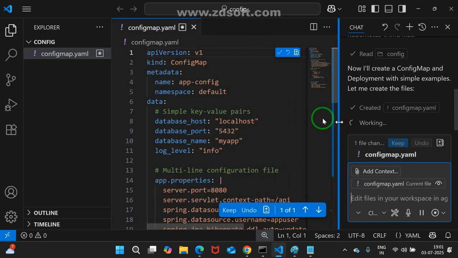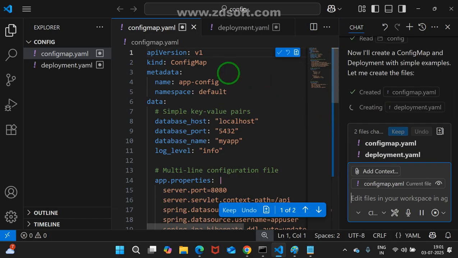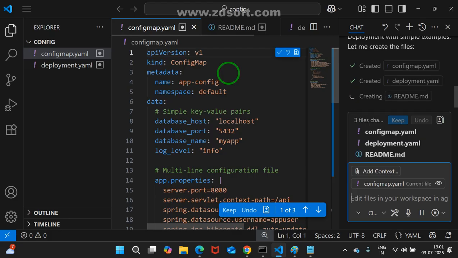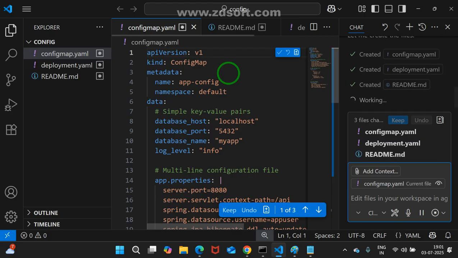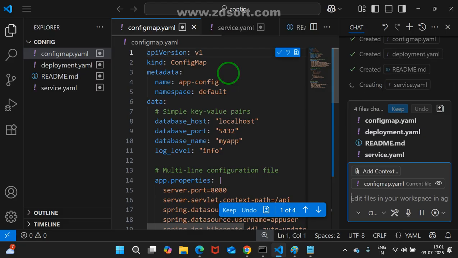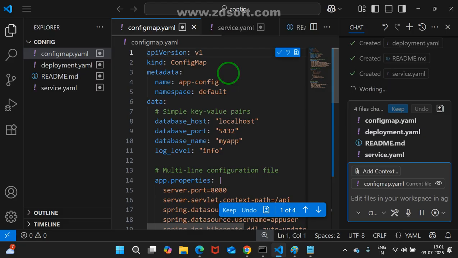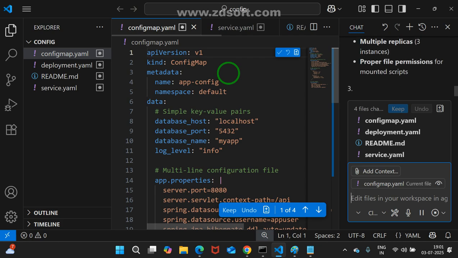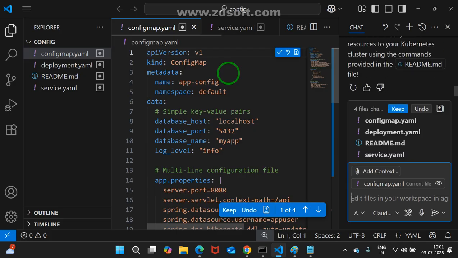What is written, try to understand here. API version v1 only. What is the kind? ConfigMap. Then we go for metadata, app config. The namespace is, which namespace is it? Default namespace. In one interview they asked, in K8s, what is the default namespace? My question and answer are both similar only. In K8s, what is the default namespace? Default. But in the interview, what they asked was, DevOps is the namespace. I want to specify DevOps as the default namespace. What to do? My question understood, right?